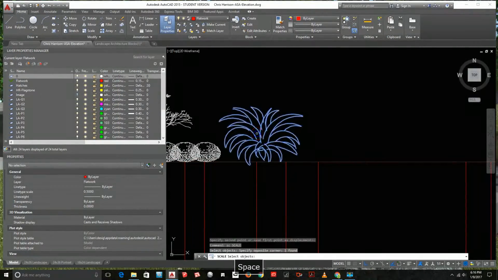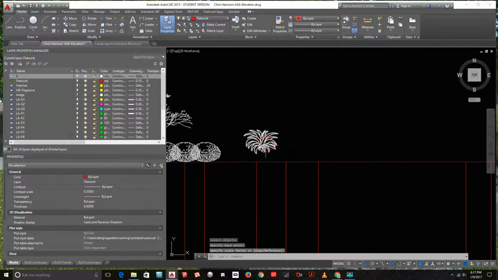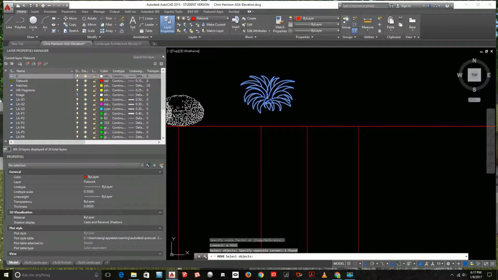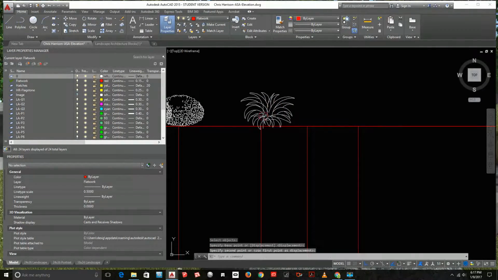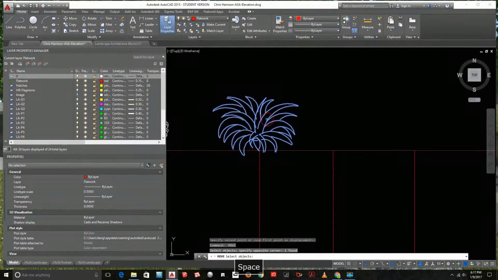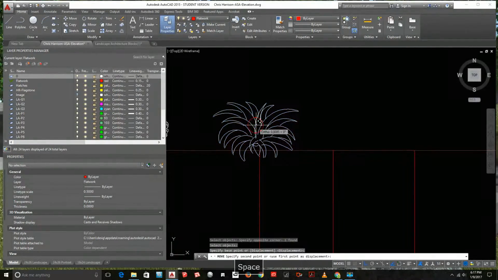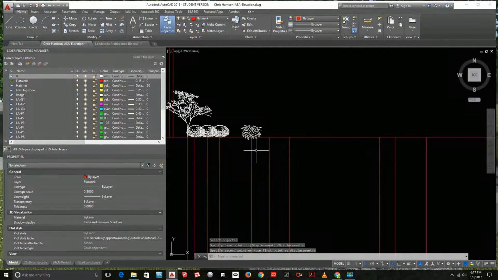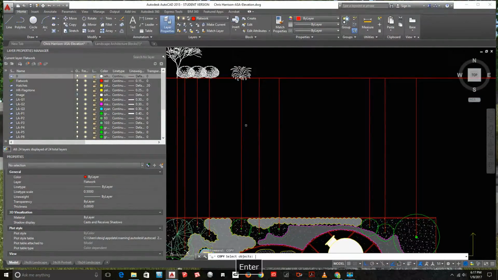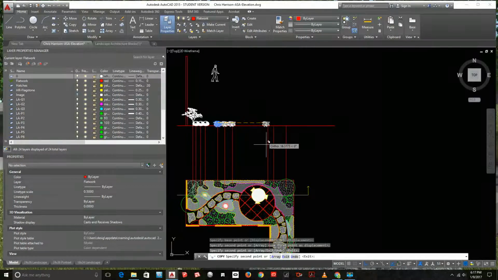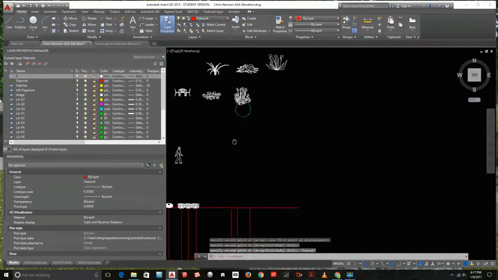You get the idea of how to build an elevation in AutoCAD. If you had specific plants, you would try to find plants that were more specific, and there's probably better ways of showing the plant material realistically now with newer technology. I'm just going to copy that over now. 2, 3. I got 2 different plants over here,